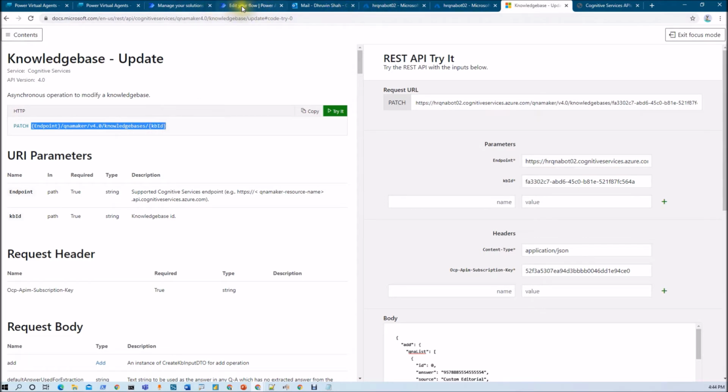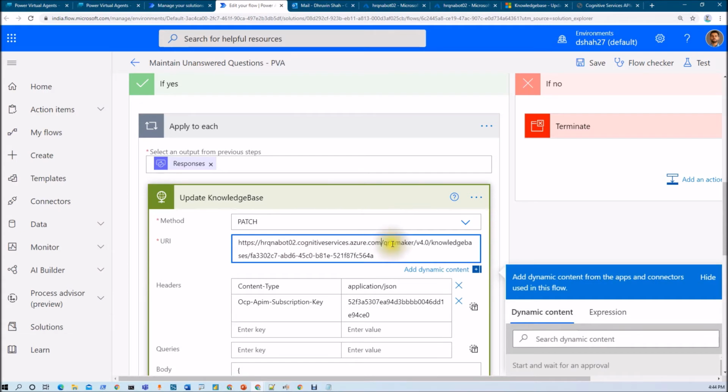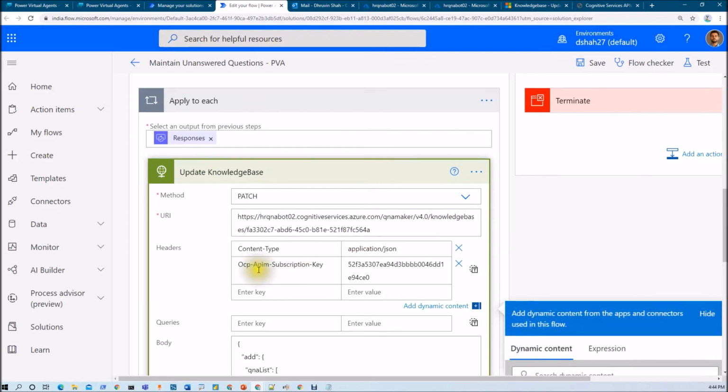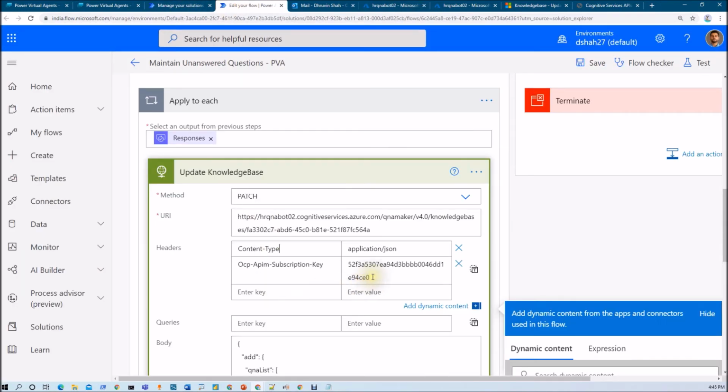So I just prepared this type of URL over here. This is my endpoint that we have copied from Azure. This is the static part, and this is my knowledge base ID. Now headers: content type application/json, and the Ocp-Apim-Subscription-Key that we have copied from Azure over here, right? So these are two things that we need to use.